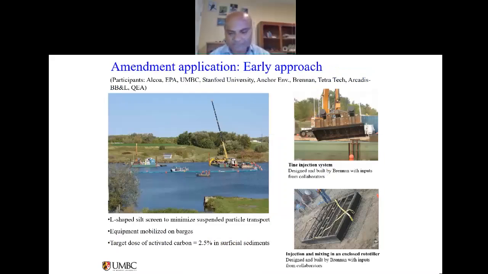So one of the first things we did was try out in a river. This was funded by EPA and Alcoa in Grass River, New York. And we brought in the heavy equipment to mix the carbon into the sediments. And it worked, reducing bioaccumulation by 80 to 90% in the benthic organisms. But this was a lot of sediment manipulation in situ, and associated with it was a heavy cost of mobilization. So we had to come up with a different approach to get the carbon into the zone that we are targeting. So next slide, please.